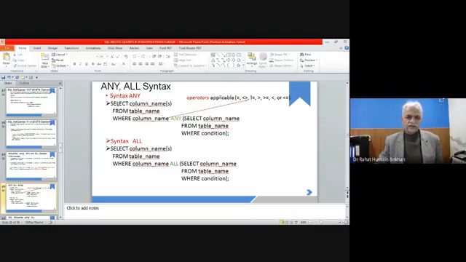The syntax is: SELECT column names FROM table name WHERE column name, then you write the keyword ANY, and within ANY you can use these operators. And for ALL, you can write SELECT this FROM this WHERE column ALL, and then the subquery.